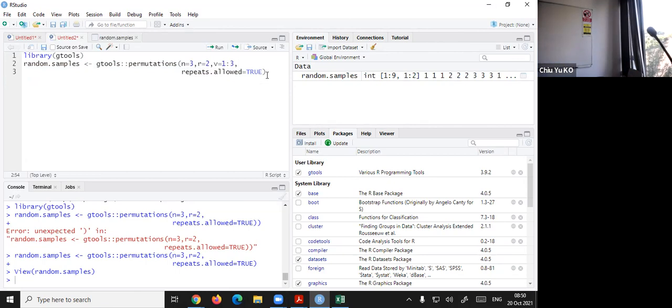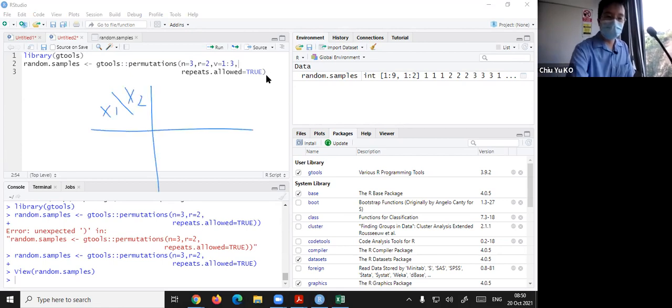Basically this is doing the following. We have 2 draws, x1 and x2. We have 1, 2, 3 here and 1, 2, 3 here, so that will be 9 different combinations. The random sample gives you all 9 combinations. Is that okay for this one? Then what we want to do